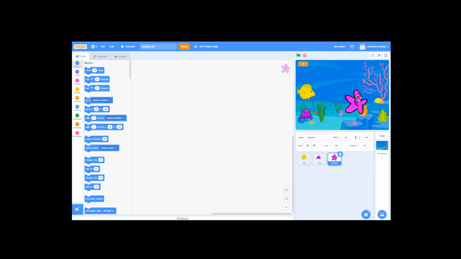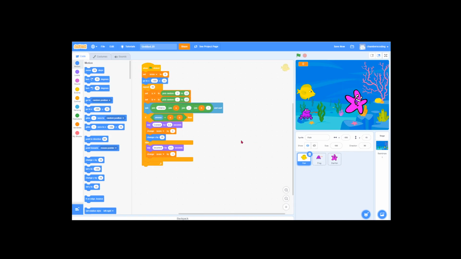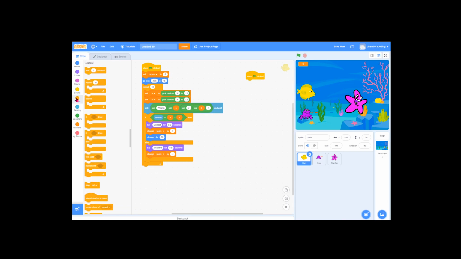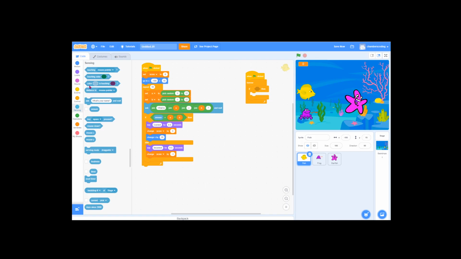Because his mouth will touch this arm and his tongue will touch this one. So now I can choose which one I'm going to code. I'm going to code both of them, but I only need to do it once. So I'm going to say when the green flag is clicked, forever, if then. So if we are touching, sensor, if we're touching, and I could have the colour, but it's black or pink, so I think rather than a colour, I'm going to say if he's touching the starfish. If he's touching the starfish,